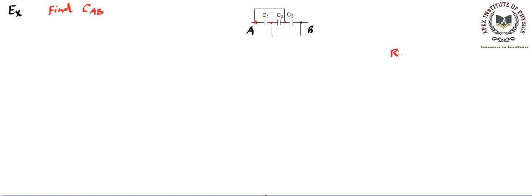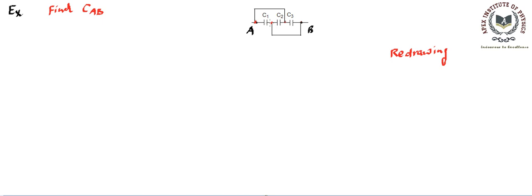So I'm redrawing it. And let's see how this drawing is going to help us. Now, if we need to redraw any circuit, we need to keep in mind where each capacitor is connected. We need to keep that connection intact. That means we should not change the connections. If we are changing the connections, then that will be equal to changing the circuit, and changing the circuit is not allowed, right?